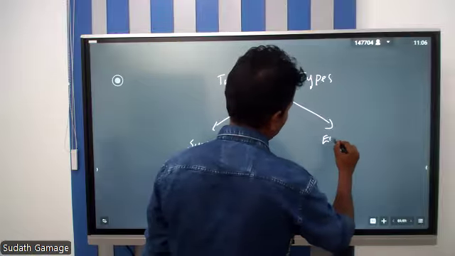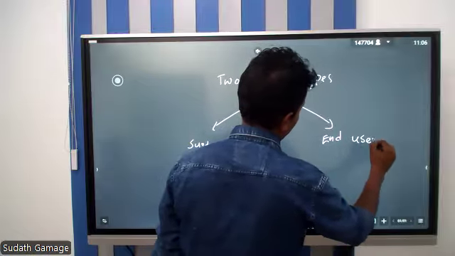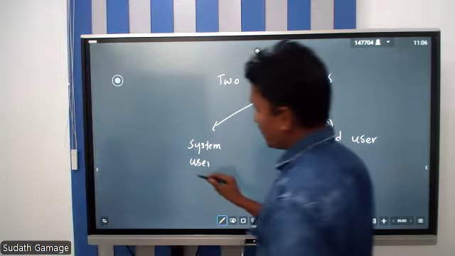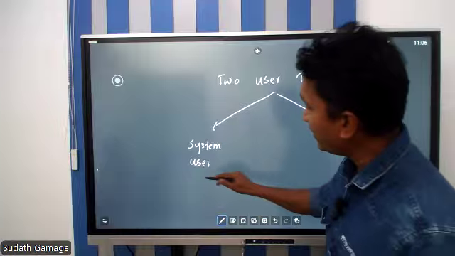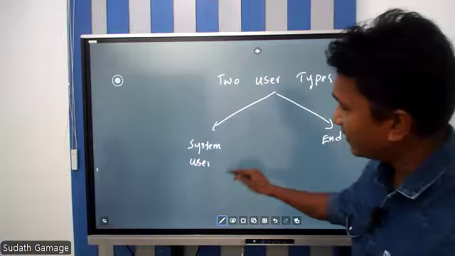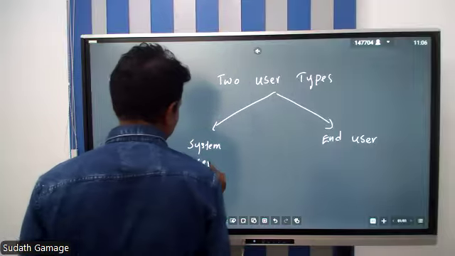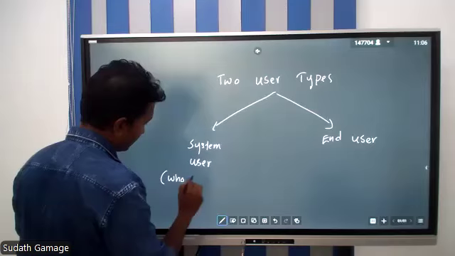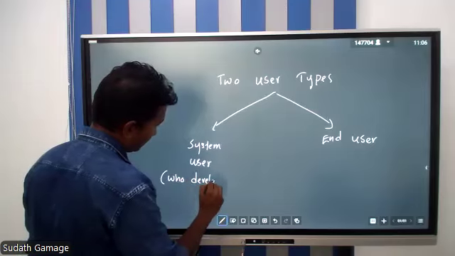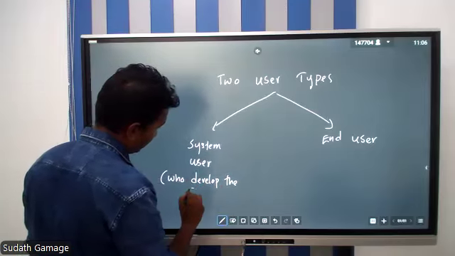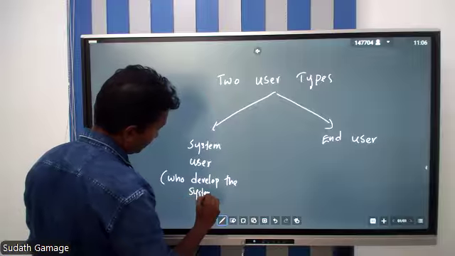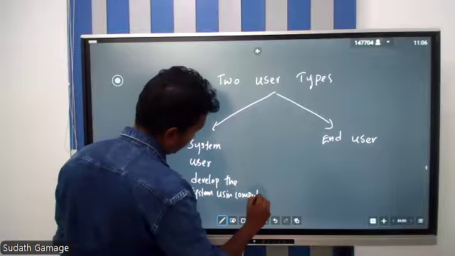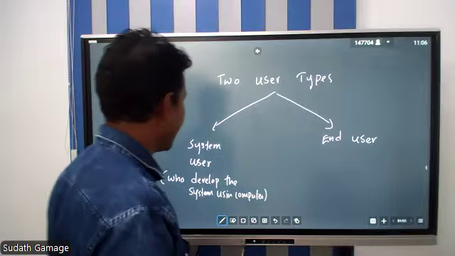The other one is end user, right? System user is the one who developed the system using the computer. End user is